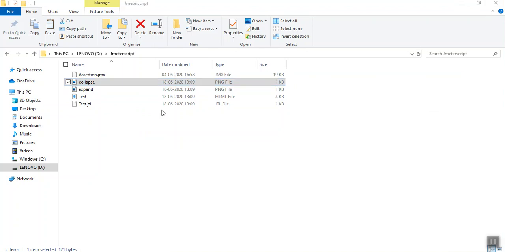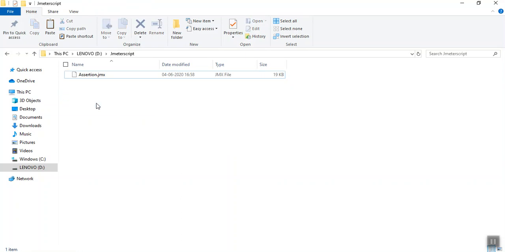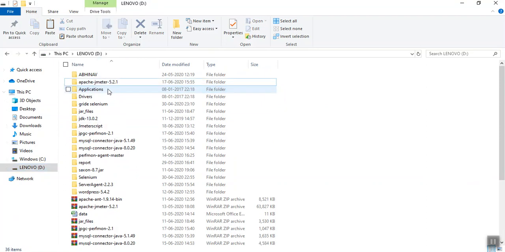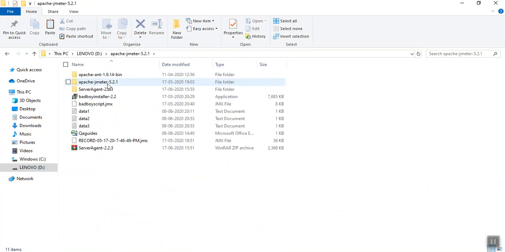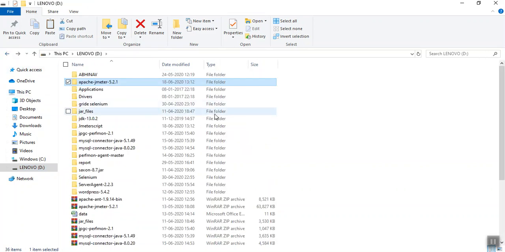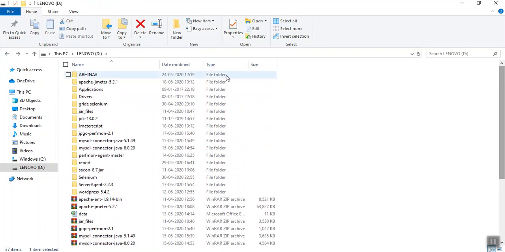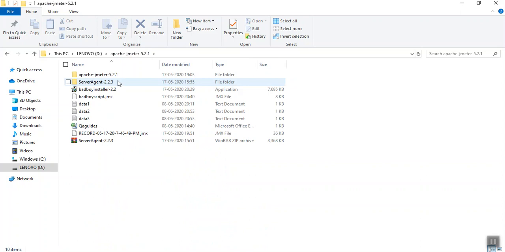Let me run it and show you. I delete this result. Okay, let me delete it. Go here. Okay, Apache main. Sorry, JMeter. Oh, where has it gone? Sorry, this could have created multiple issues.